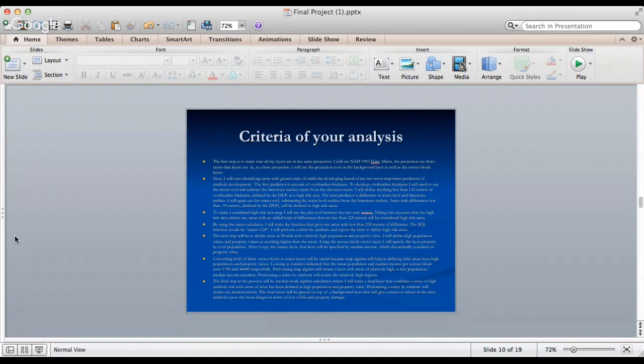After getting my 5 layers into ArcMap, my first step would be to make sure all my layers are in the same projection. I will use NAD 1983 Harns-Alvarez. The projections my 3 raster data layers are